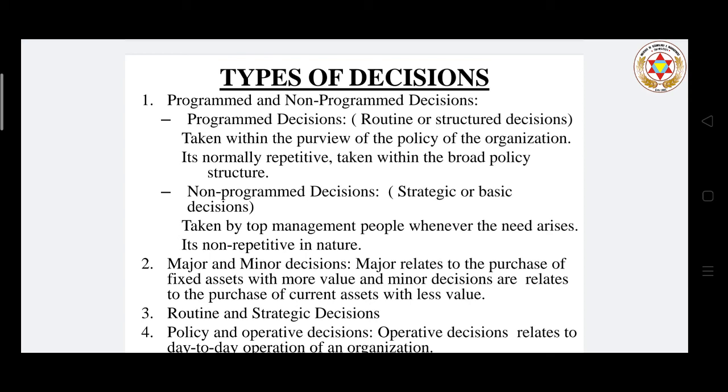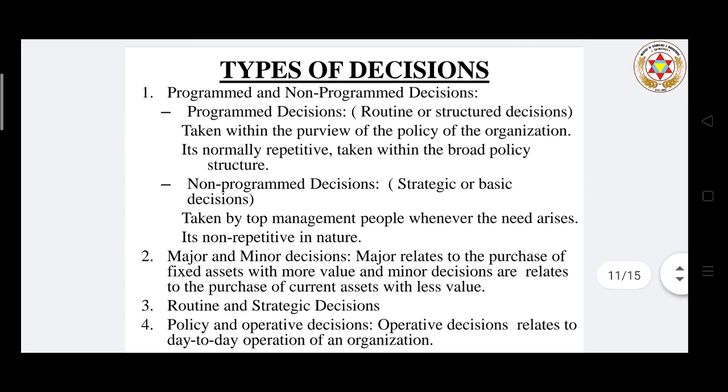The second one is the major and the minor decision. It says the relative significance of the decision is measured in 4 ways. That is, first, the degree of feasibility of decision. Second, the impact of the decision on the other functional areas. Third, the qualitative factor that enters the decisions. And the fourth one is reoccurrence of the decisions.